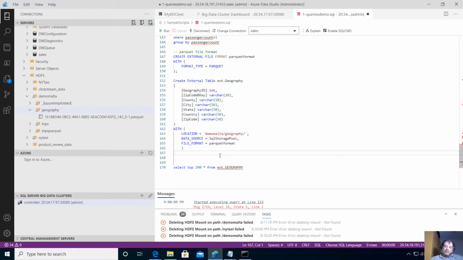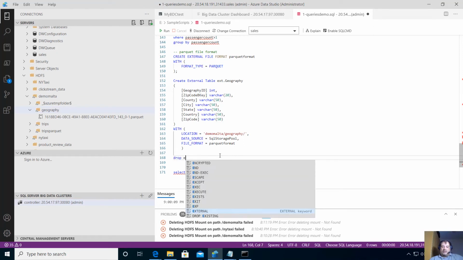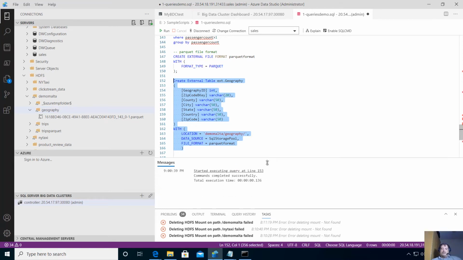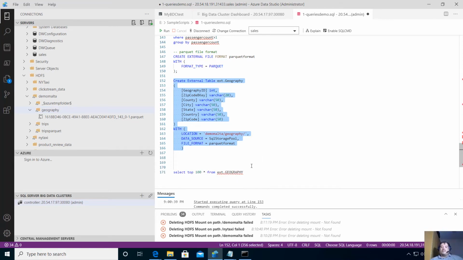It's complaining the table already exists. Let me drop the external table geography. Okay, now I will create the table. Create table as geography and select